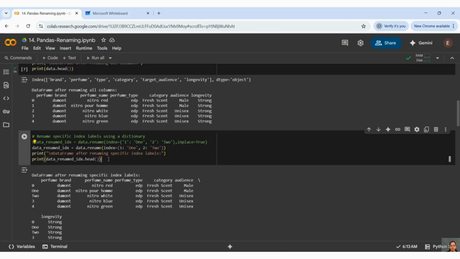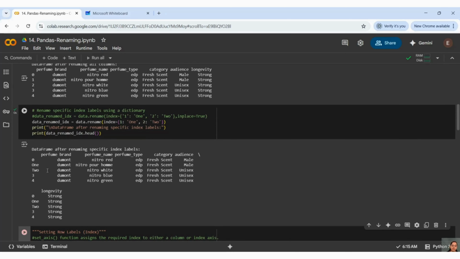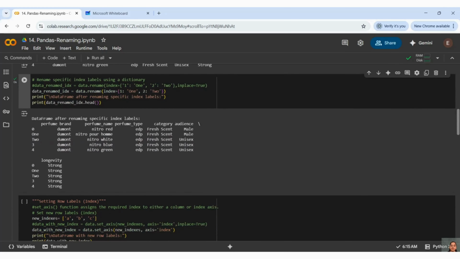Now, let us see what we are getting. Now you can see that my indexes are changed. It was 0, 1, 2. Now, instead of numbers for 1 and 2, I am getting ONE and TWO. This is how you can change indexes of a particular data set.